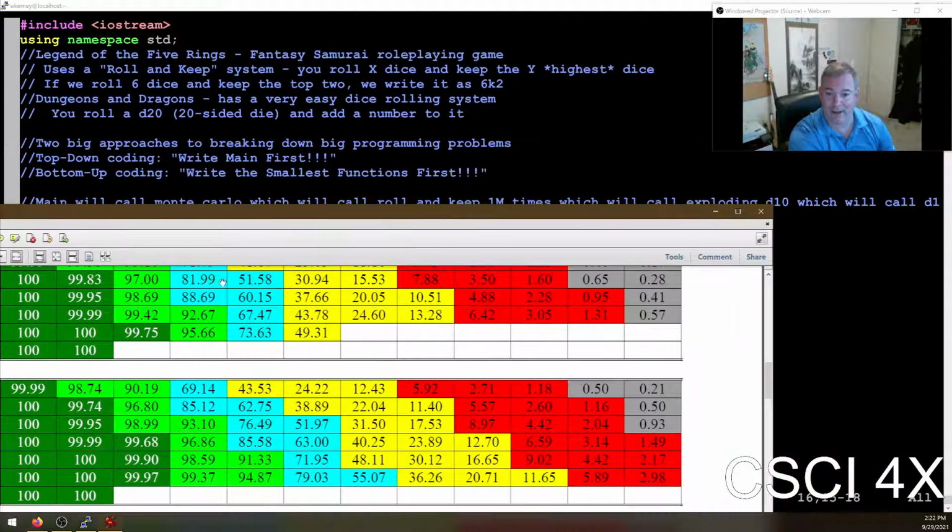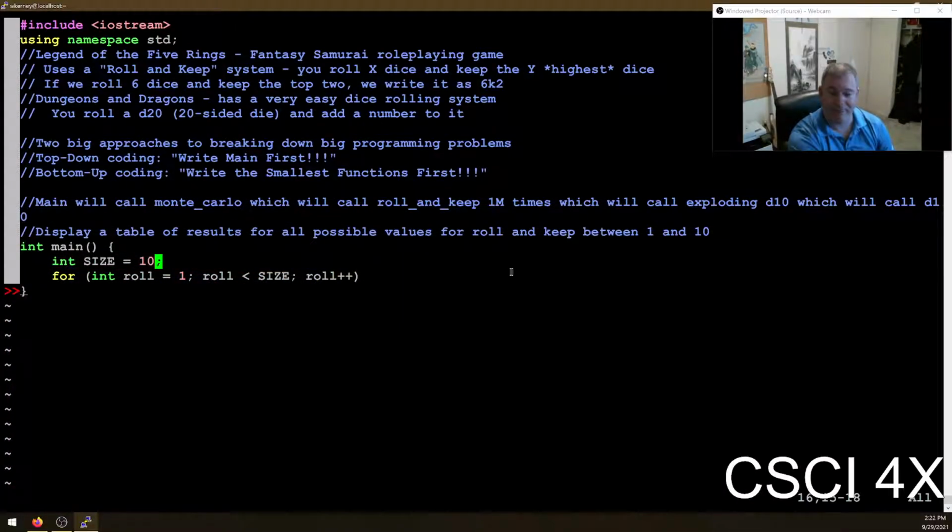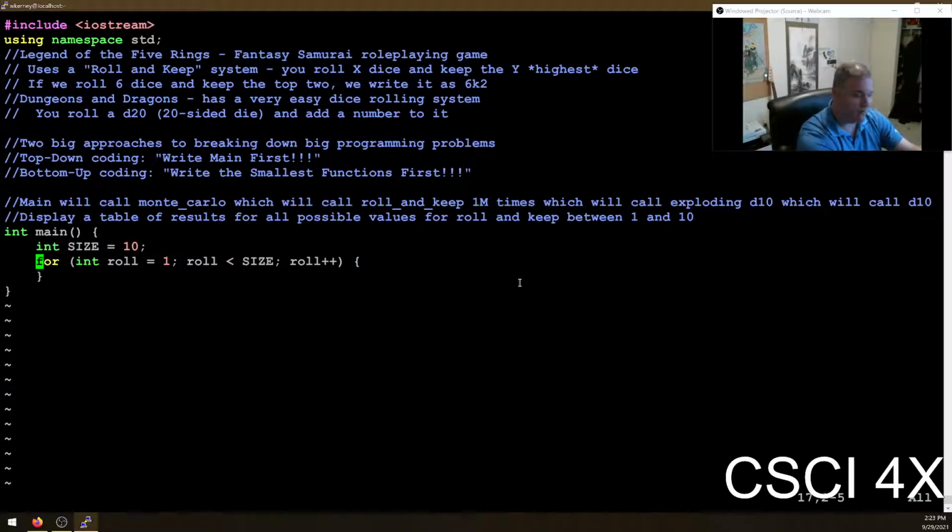So I want to figure out how to generate this kind of stuff. For every combination of roll, all 10 values of roll, because you can't roll more than 10 dice, so it's a nice limitation in the system, for every possible value of roll, for every possible value of keep,